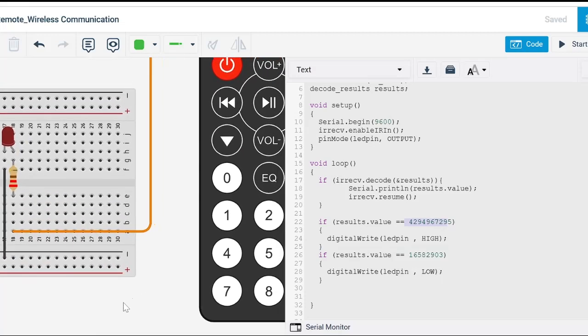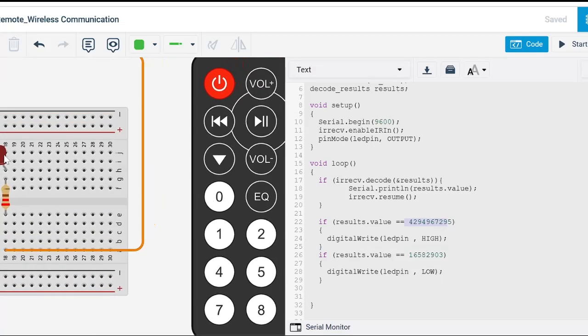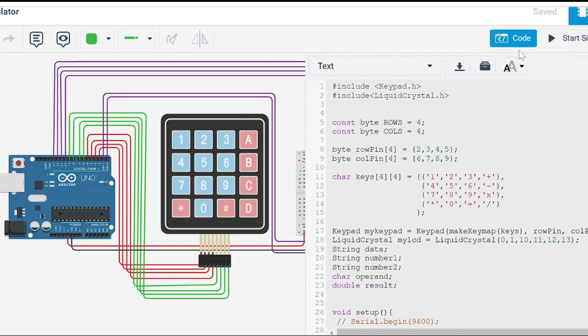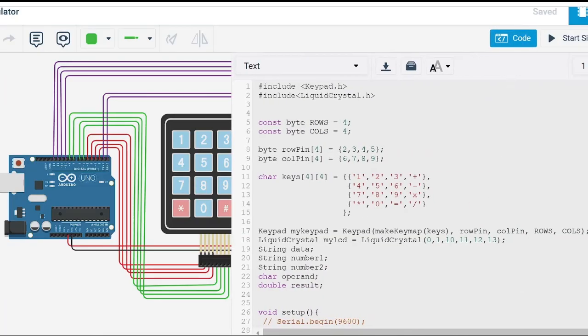I'll show you here. Please see here, when I press this button 0, this LED will turn on. Oh, I have to simulate for that. See? So this is an example of how to write C++ code which is customized for Arduino,